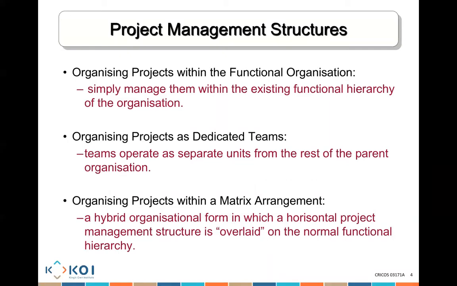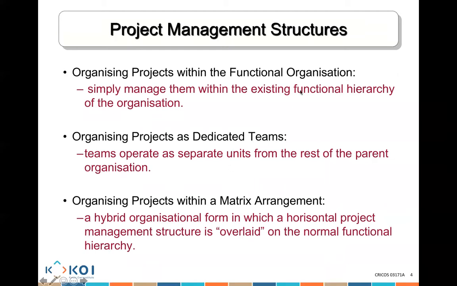And the third point is organizing projects within a matrix arrangement. So when I talk about a matrix arrangement, it is really a mix between a functional organization and a project organization. So the way that it works, people still work in various departments. So that's what we call the functional organization. But at the same time, these people who are in various functions are now being placed in a team. So they're not simply doing project-related work without being part of the team like in the functional organization. They're actually now being part of the team. They have joined the team.